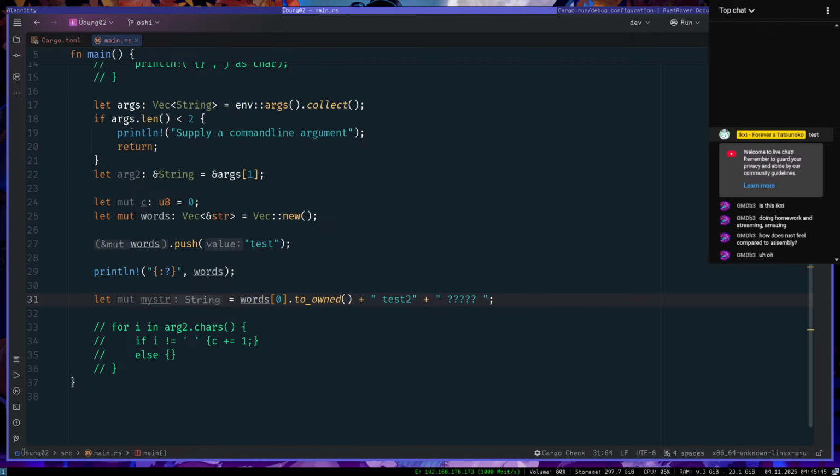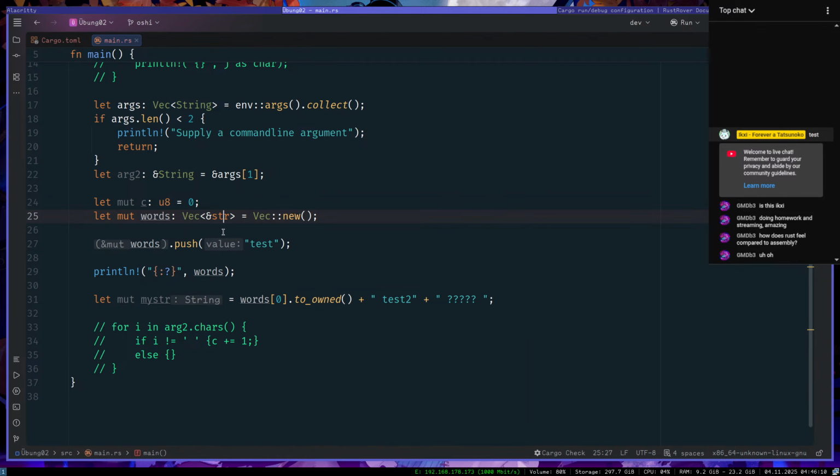Okay, it would let me do that. No, let me see. This is confusing, because I want a vector of string slices.